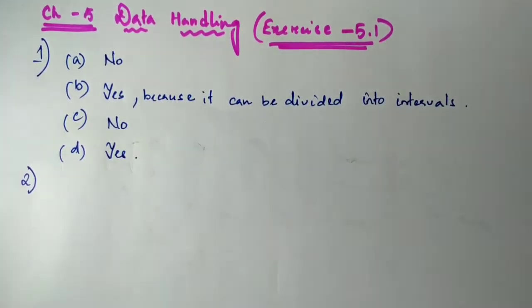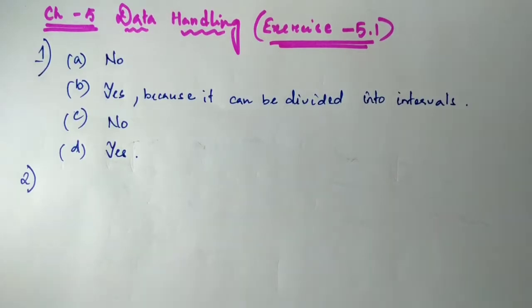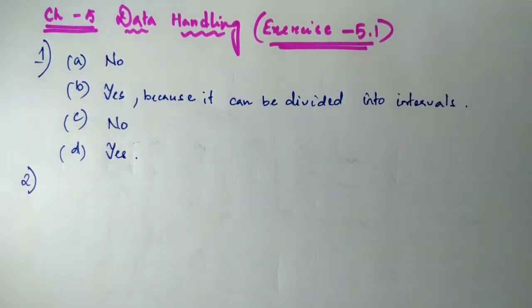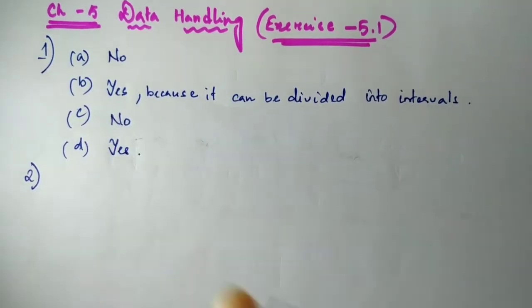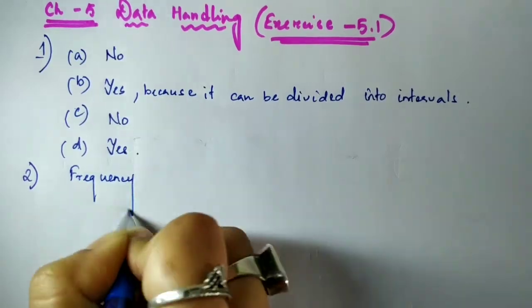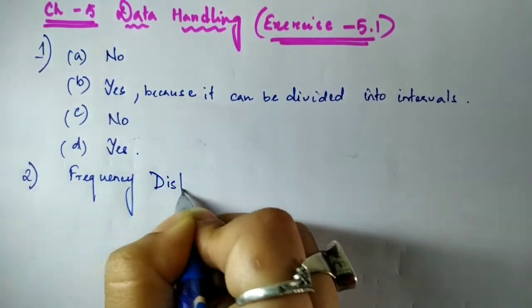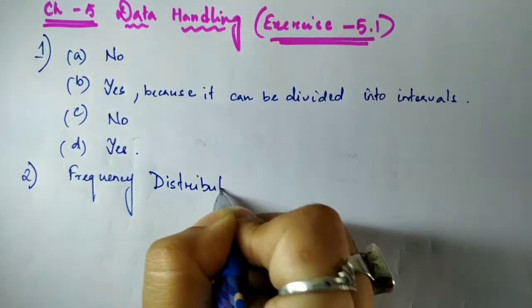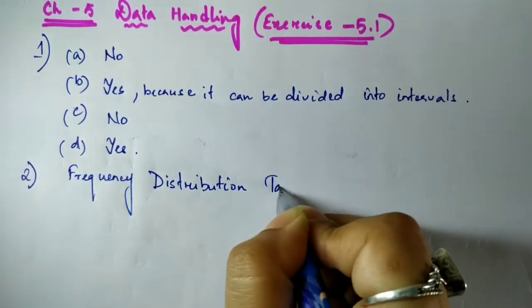So we have to make a frequency distribution table. Now here we don't have numericals, so we need to arrange it in ascending or descending order. We have just symbols W, B and M. So we will have to make our frequency distribution table. So let's do this. Frequency distribution table. Please use scale and pencil to make the table.